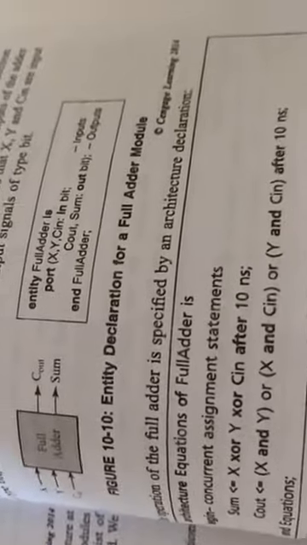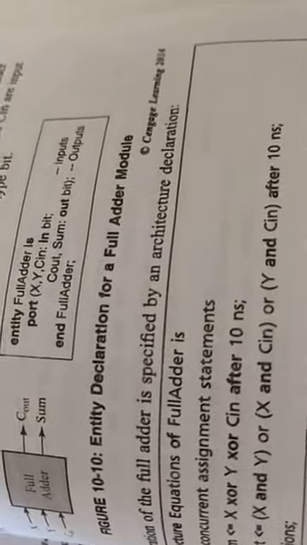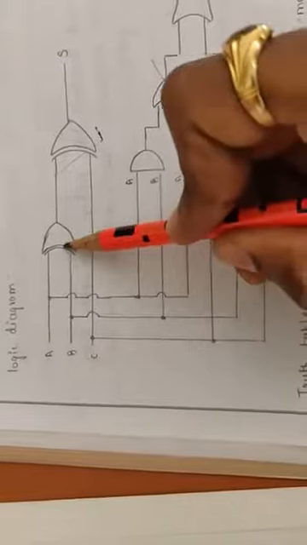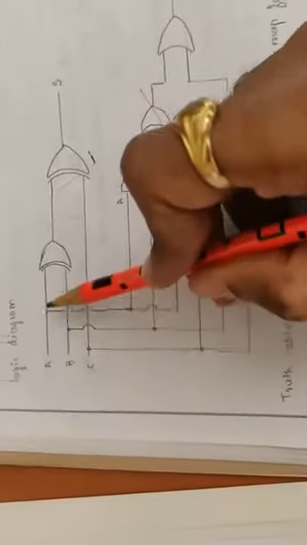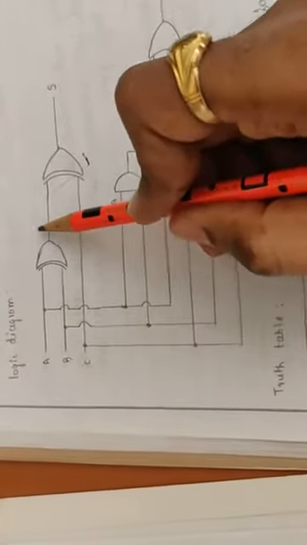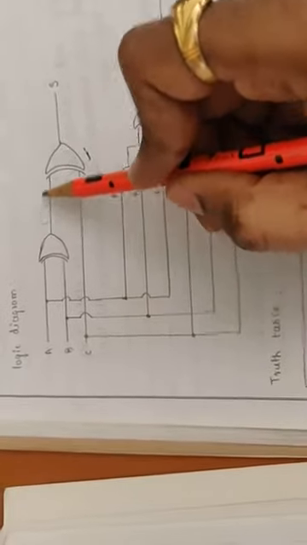So look at this. Here they have written the same VHDL module for the code for the full adder. So hope you know how the full adder works. This is your full adder circuit. A, B, C are the 3 inputs. XOR gates are used. So A XOR B, and the output, let me take it as D, XOR C, similar like that.